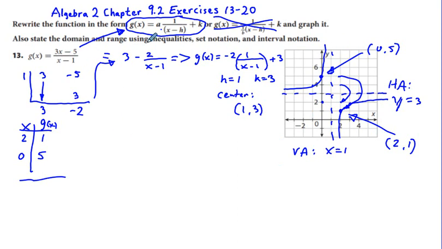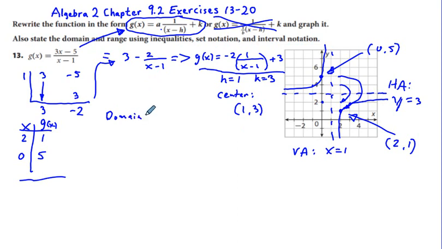And so we've changed the form right here. This is our new form. We've graphed the form. We said also state the domain and range. So our domain,